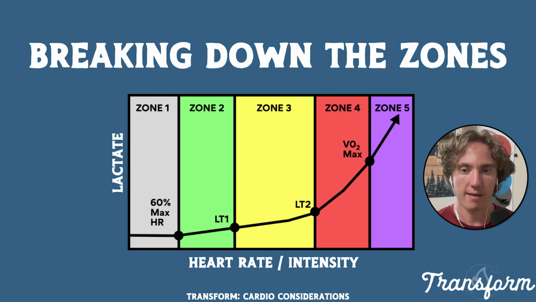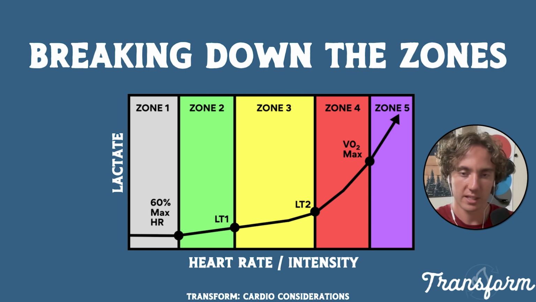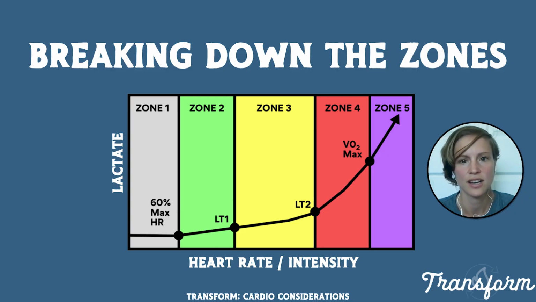And then zone 4 and 5 is where we start to approach VO2 max, and that's maximal intensity. Essentially here, you start out burning almost all fat, and it progressively gets more and more carbohydrate dominant. At the end here in zone 4 and 5, you are basically not using oxygen because it is so rapid, and you aren't able to sustain these intensities for very long. So zone 2, 3, and 4, you can sustain for a good amount of time. Zone 5, very little. Zone 1 and 2, almost indefinitely. And really fast, zone 4 and especially zone 5.